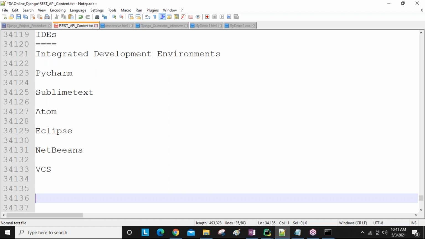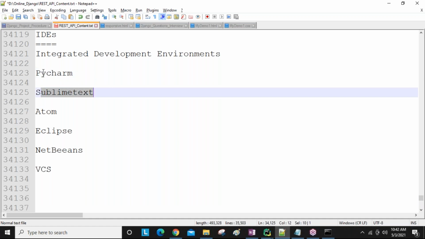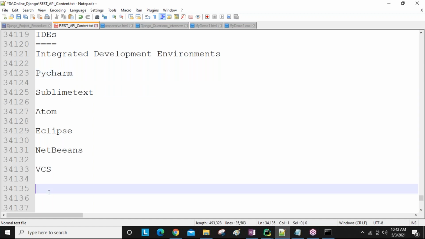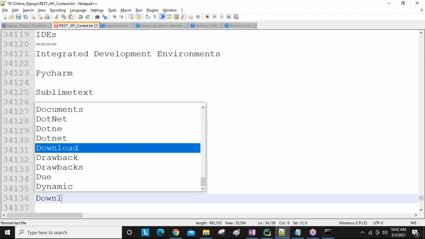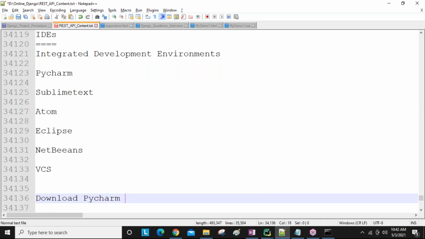Okay, everyone? In our session, we are going to discuss PyCharm. Sometimes we will also discuss Sublime Text. But majorly I'm going to tell you about PyCharm, like what shortcuts are there in PyCharm. Got it? So now download, guys. Download PyCharm. Why I'm telling all these points is that some people don't know about these IDEs.